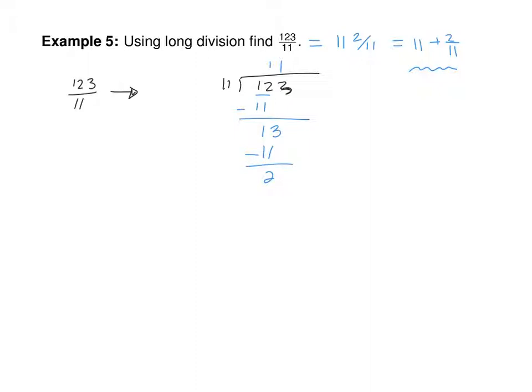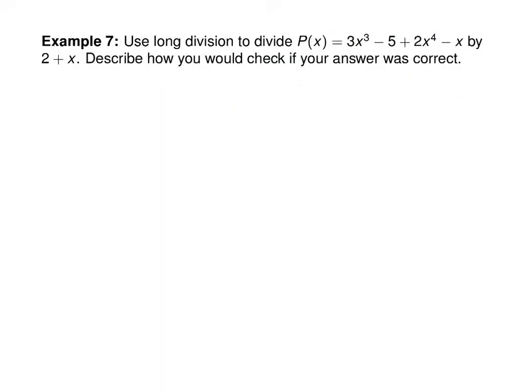Just like with numbers, you have 100 spots, 10 spot, 1 spot, right? With polynomials, you have spots for the powers. So here's how we're going to do it. We're going to divide this polynomial by 2 plus x. So it's like saying p of x over 2 plus x. Instead of 2 plus x, I'm going to say x plus 2 is going into